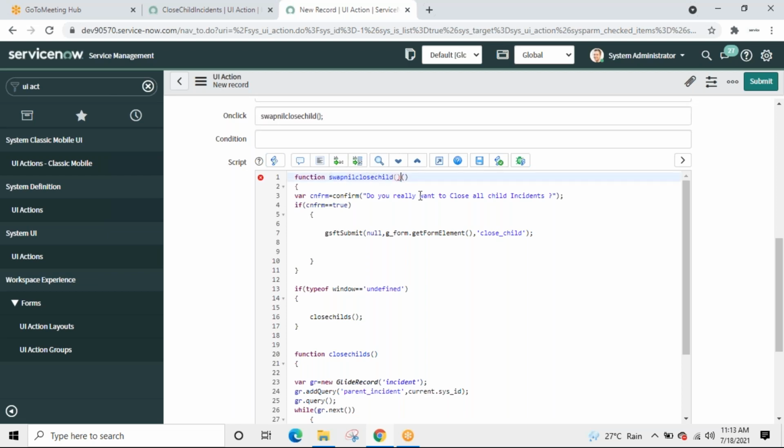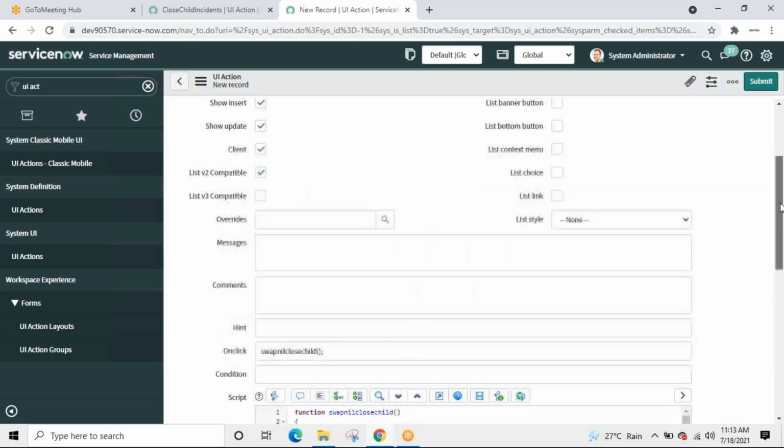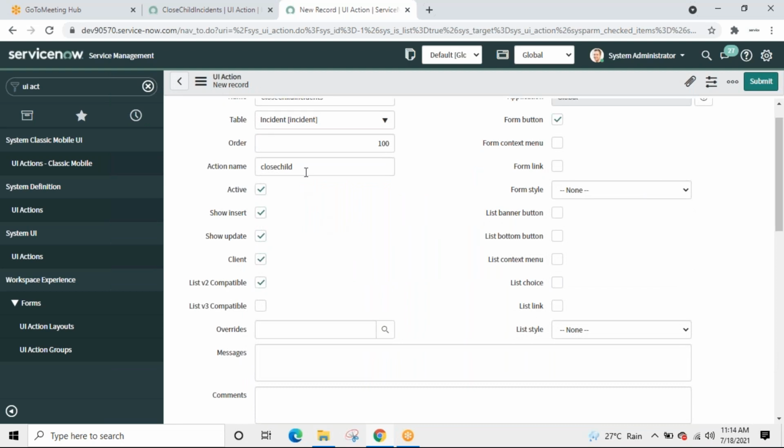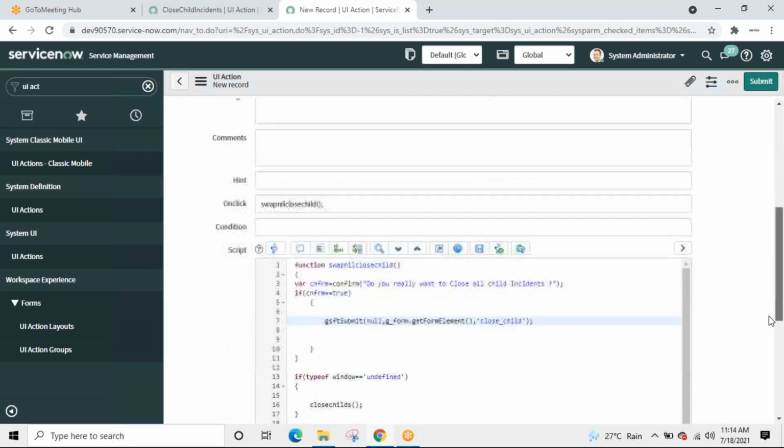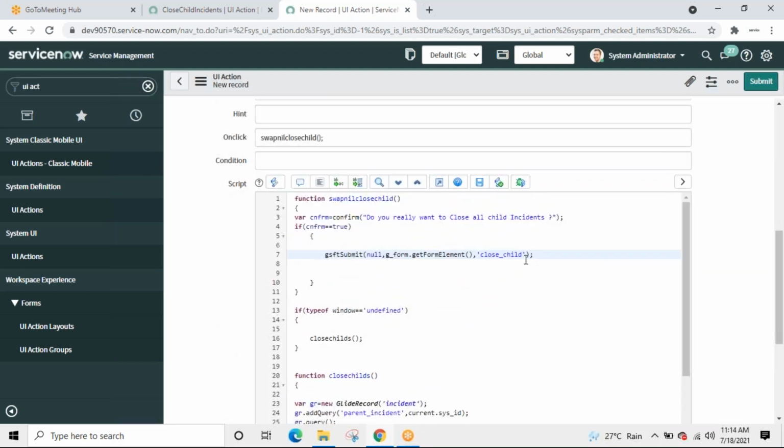Control V. What next? Am I passing an action name? Yes. So what is my action name that I have specified over here? Close child, whereas in the code it is the same. Either over here or in the code, somewhere I'll have to modify it. If not here, then over there. Correct, it's one and the same.